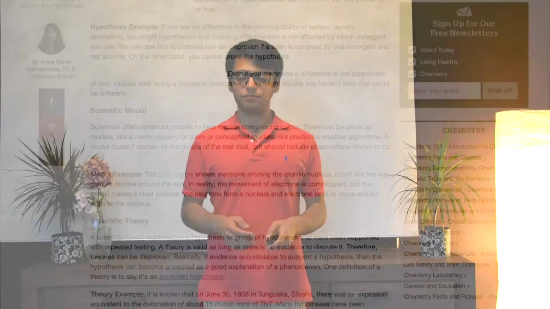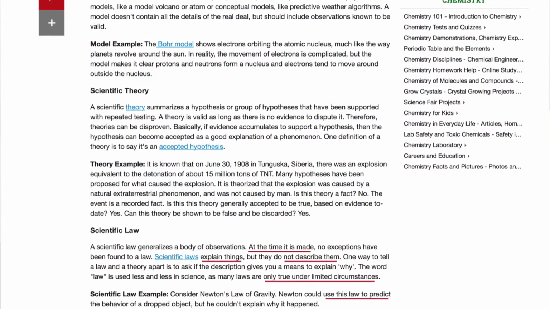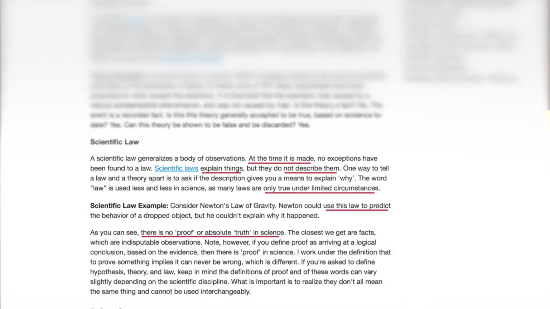As for facts or laws, these are used to explain some things. They are not there to describe how some things came to be. For example, the law of gravity explains the way objects fall, but it does not describe why they actually fall. And as you see, in short, there is no absolute truth or absolute proof in science. All can be used to support or disagree on a subject.